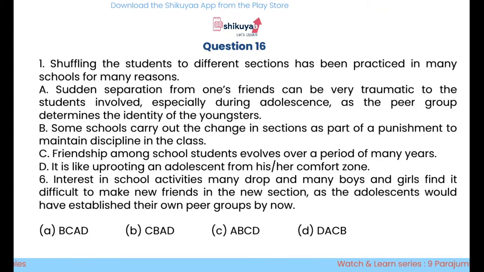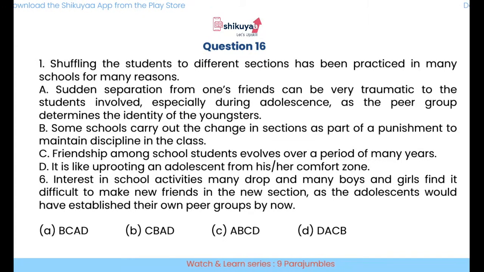And the sixth sentence says, interest in school activities may drop and many boys and girls find it difficult to make new friends in the new section as adolescents would have established their own peer groups by now। Okay, if you see, sentence 1 is telling about what subject this paragraph is about।